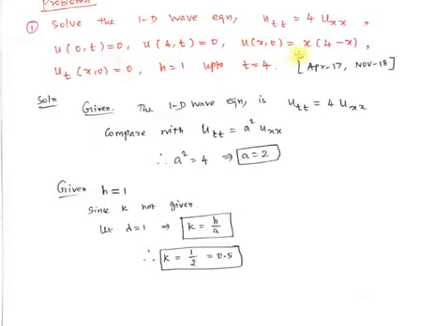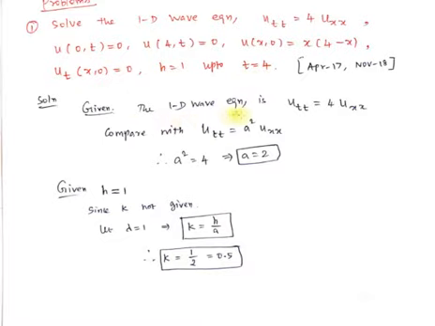It is the one initial condition, u of x comma 0, since t equal to 0. So the initial conditions are u of x comma 0 equal to x into 4 minus x, and ut of x comma 0 equal to 0. Here h equal to 1 up to t equal to 4.